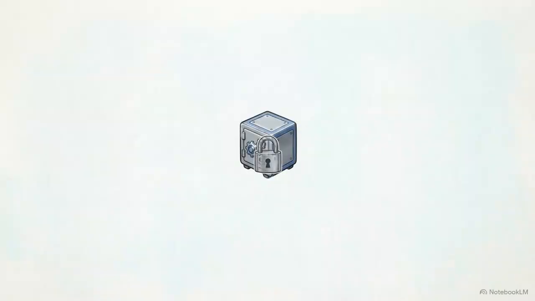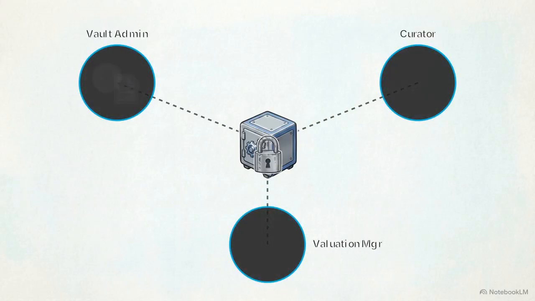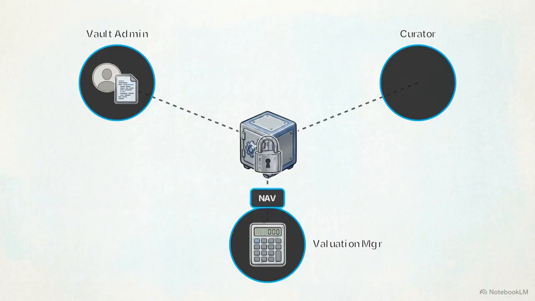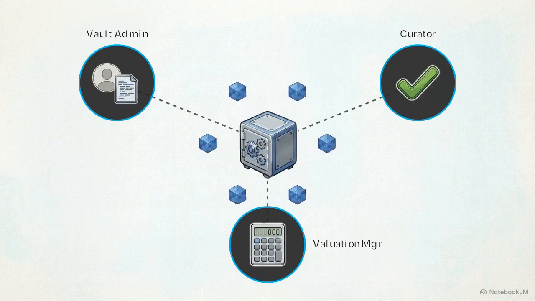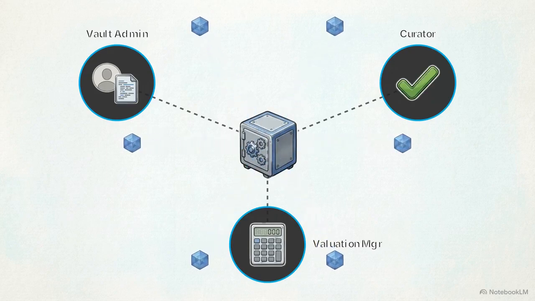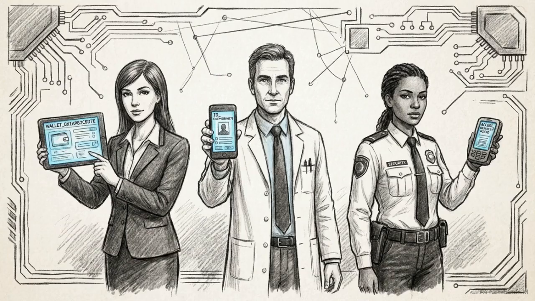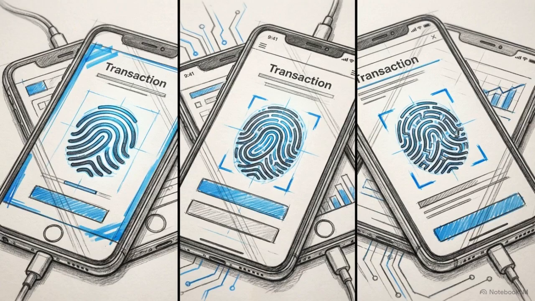Institutional compliance requires strict segregation of duties to prevent single point-of-failure risks. Power is distributed across 3 roles. First, the Vault admin handles configuration and permissions, managing high-level parameters and investor allow lists. The second node represents the valuation manager, responsible for calculating portfolio value and proposing NAV updates on-chain. The curator then reviews and accepts those valuations, triggering the settlement of pending deposits and redemptions. To maintain security, these 3 roles should never be assigned to the same wallet address. Forcing this segregation of duties ensures that trust is enforced natively by the smart contract, rather than relying on a